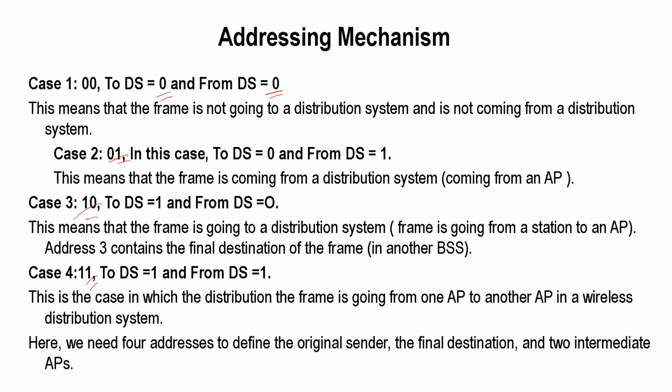These are the four various combinations available for To DS and From DS. If To DS is 0 and From DS is 0, the frame is not going to a distribution system and not coming from a distribution system. Similarly, if To DS is 0 and From DS is 1, the frame is coming from a distribution system